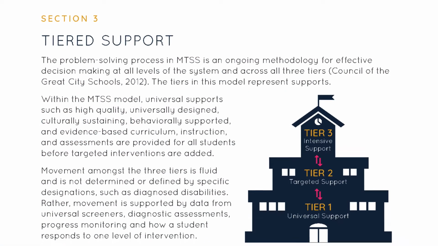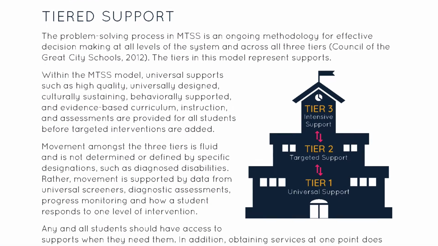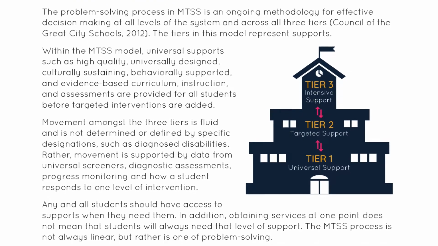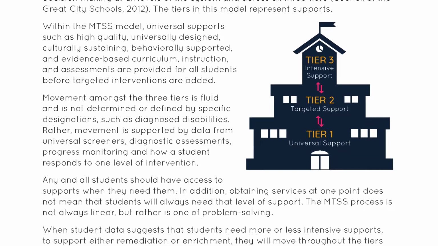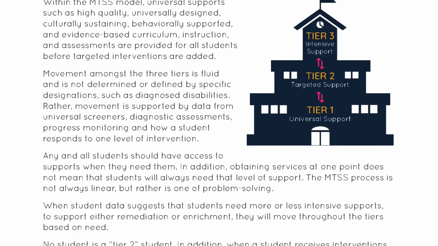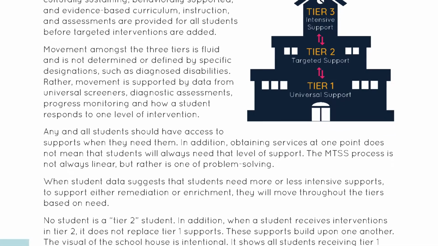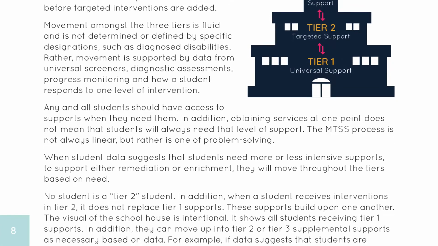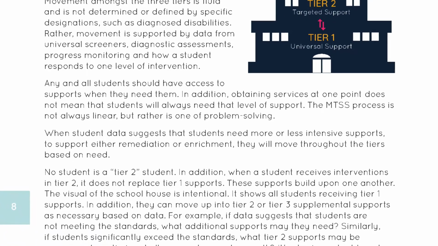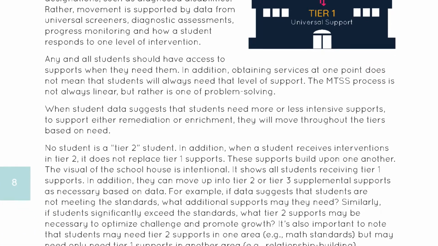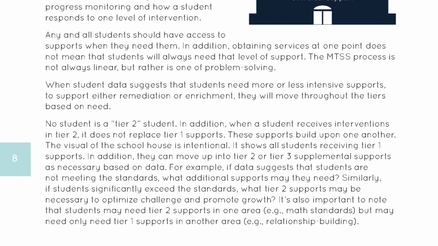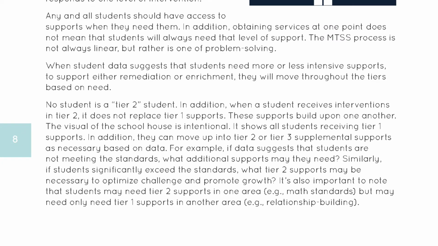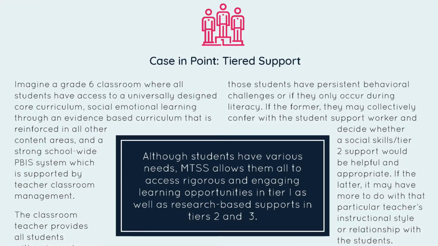Section 3 breaks down the different tiers of support and talks about how the tiers all build on each other. The tiers are not specific places, nor do students belong to only a single tier. It is very flexible, and we hope that all students can access Tier 1 through a general education program, while also receiving Tier 2 and Tier 3 support as necessary. A number of case studies throughout the blueprint will help to build an understanding of what this may look like